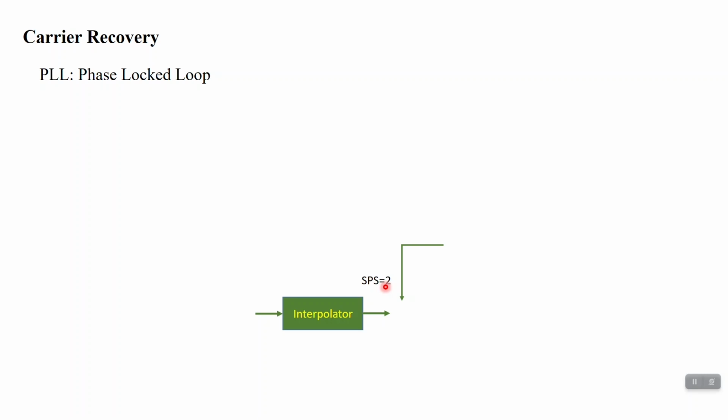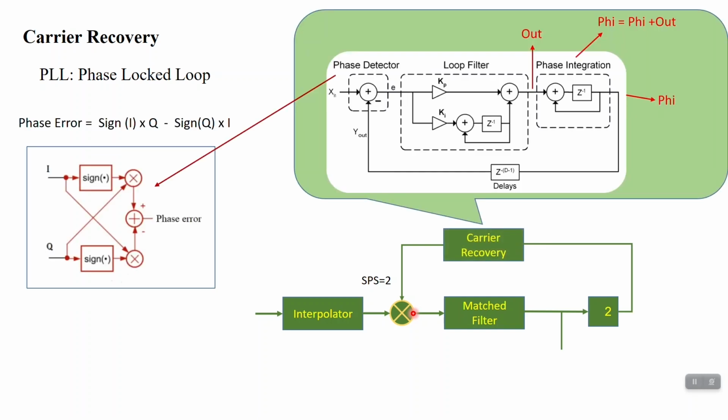We should compensate the phase error and use the output of compensating the phase error, the residual phase error here, and after that pass the sample through the match filter, and here after downsampling by 2, here is the final output, and the carrier recovery for estimation of phase error uses this sample, in fact the final sample,